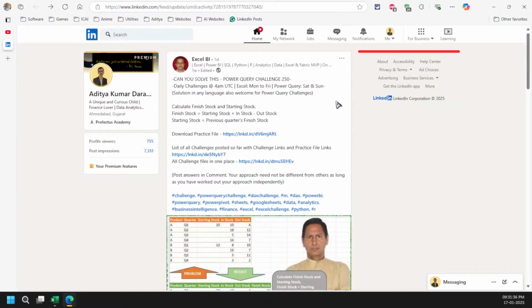Then I thought, okay, why not solve this time with Excel? And I am quite prepared this time as well, because this is just a simple challenge in a way. But it has its own twists and turns. So that's the thing. And it is normally in our day-to-day life, whether you are calculating running balances for your bank statement or loan statement or anything like that.